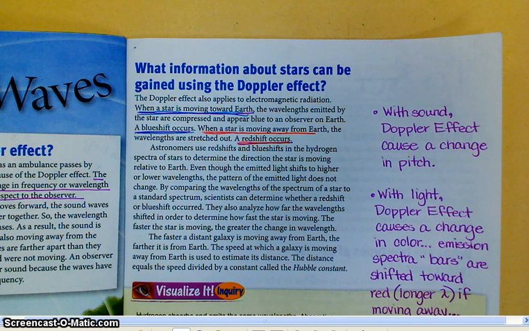When a star is moving away from Earth, then the wavelengths are stretched out a little bit, and that would mean that they're a little bit longer than they normally should be. And remember that long wavelengths for us get interpreted as red, so it shifts towards the red end of the spectrum. Okay, so we talk about a red shift and a blue shift. Okay, so for instance, down here,